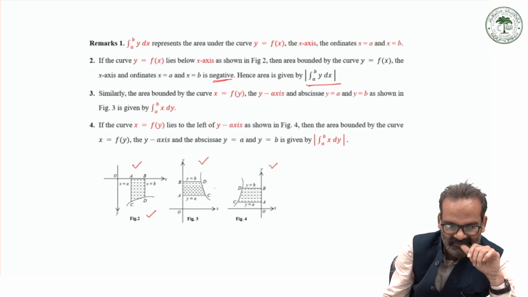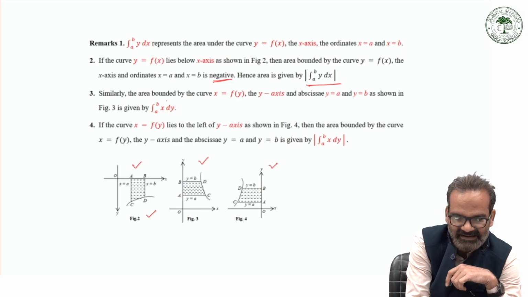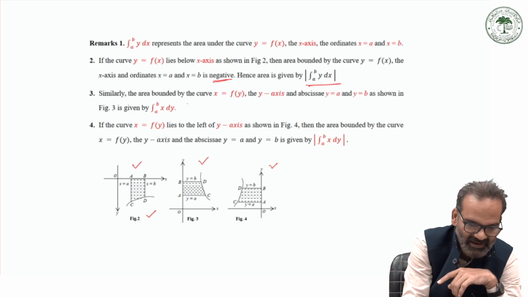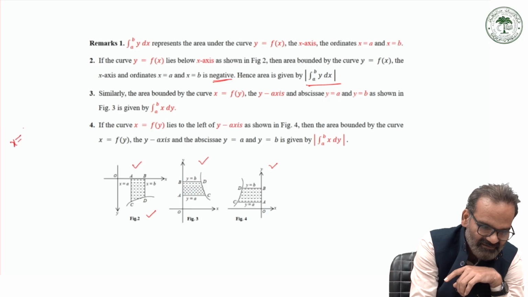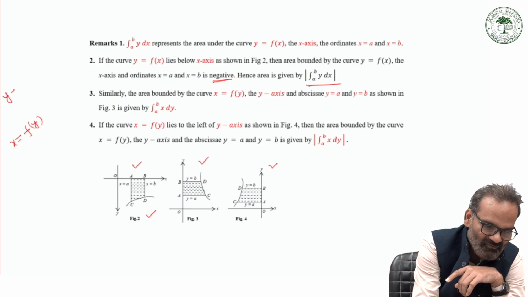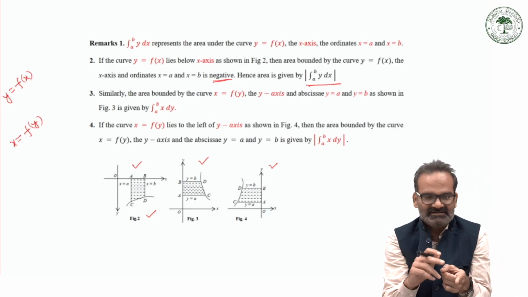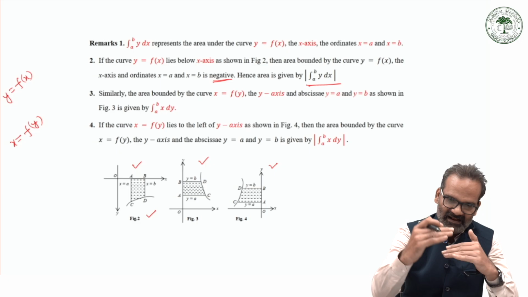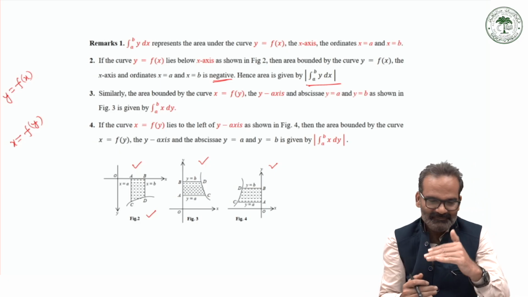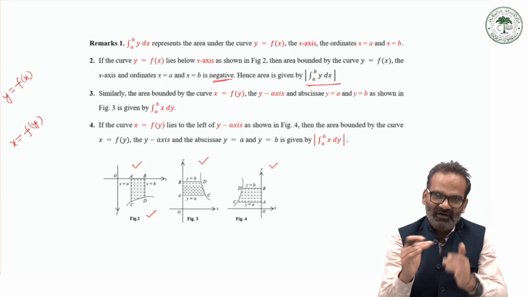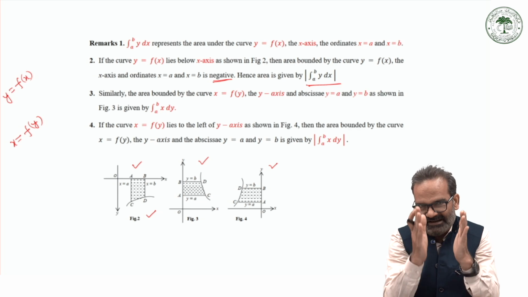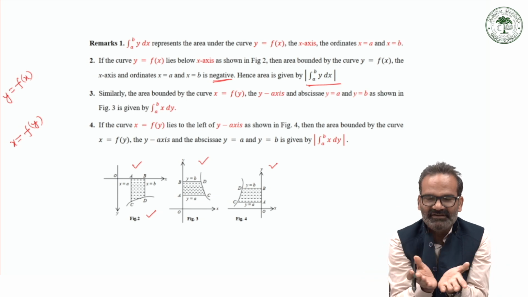So what will happen? What changes? Similarly, the area bounded by the curve x equals f(y). Now what happens? First we had taken y equals f(x). X and y are interchanged. If y equals f(x), then the x-axis is one component. And if x equals f(y), then the y-axis will be taken as one component of the figure whose area